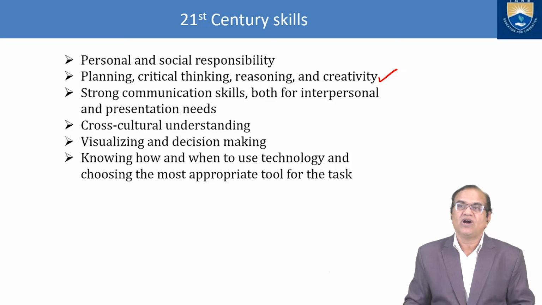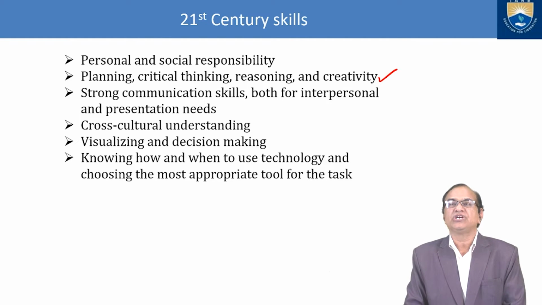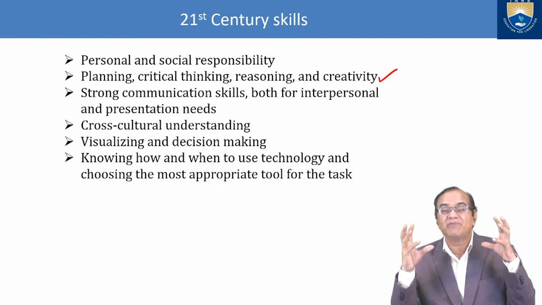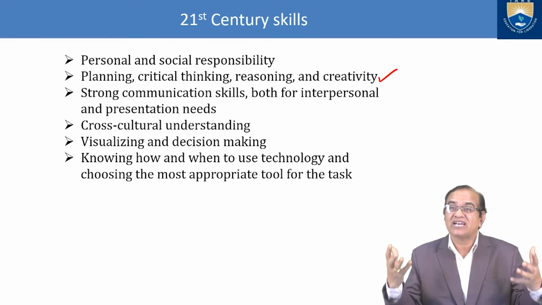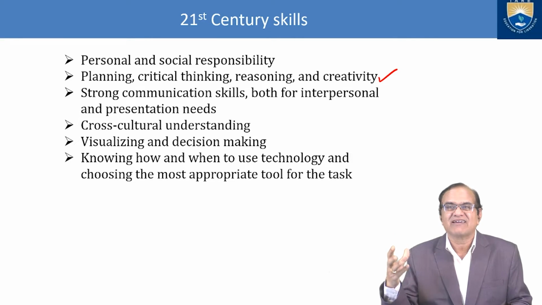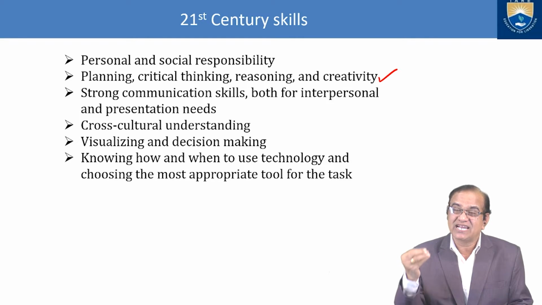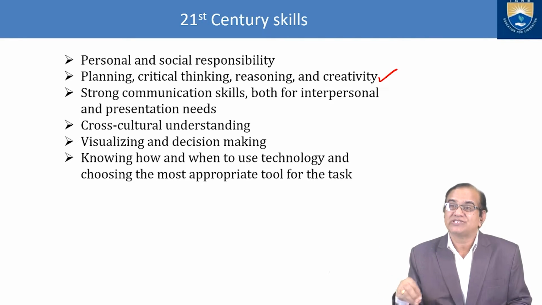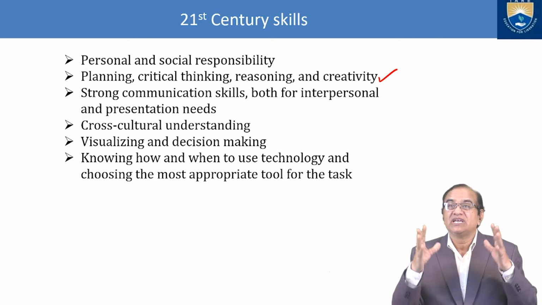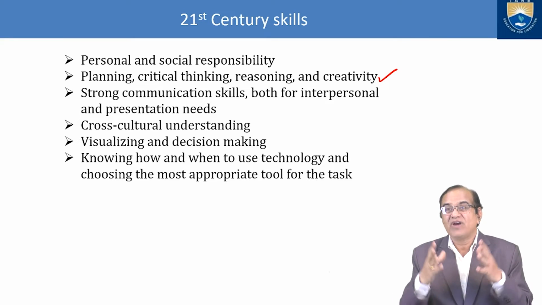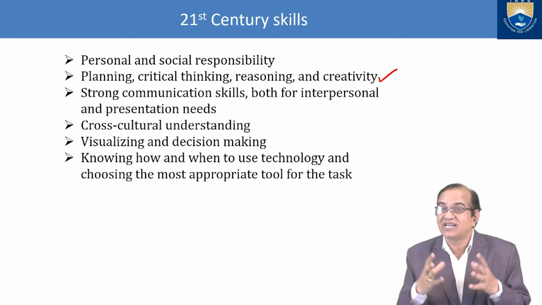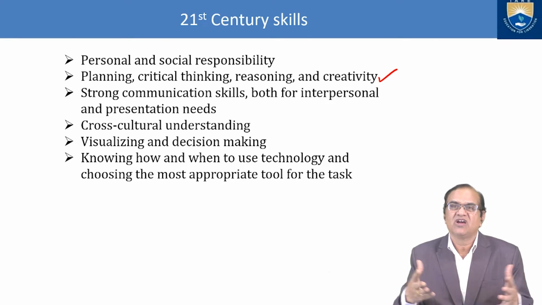These are all things we have to understand: knowing how and when to use technology. We should explain to students that existing technology can be used for such and such purposes, and how all the appropriate technical tools, computational tools, experimental tools, and mathematical tools can be used. These are the six very important 21st-century or modern skills which every student has to understand. Only then should you proceed further.